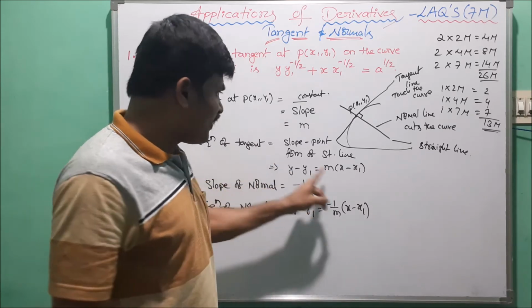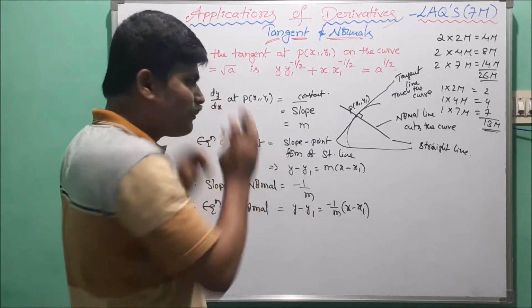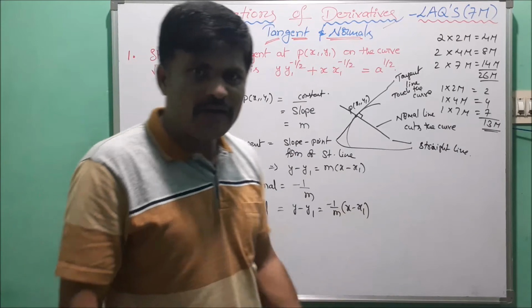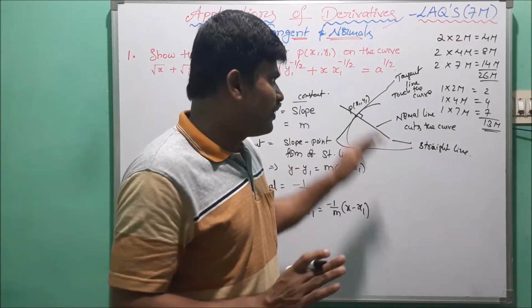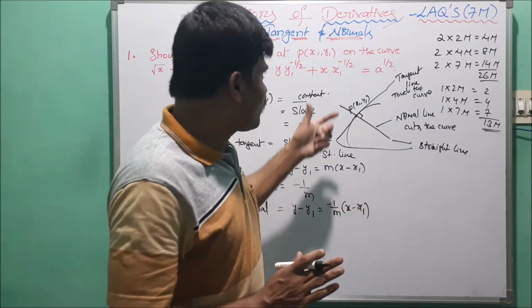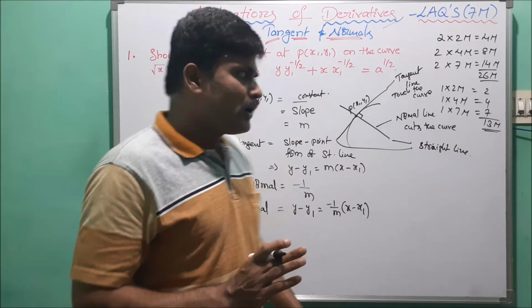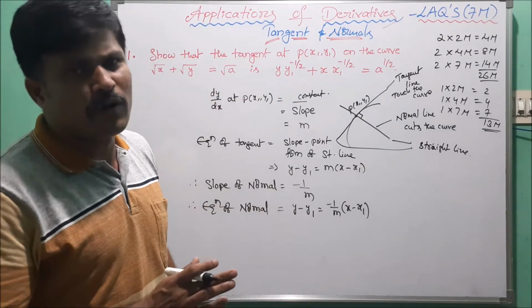So this is the equation of tangent. Now using this type of procedure for the given problems, follow the same procedure and find the equation of tangent and at the same time the equation of normal lines. So this is the procedure to find the equation of tangent and equation of normal. Now write down these formulas, and after that we have to solve the given problem.